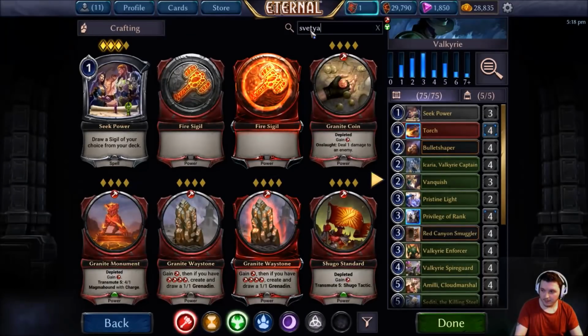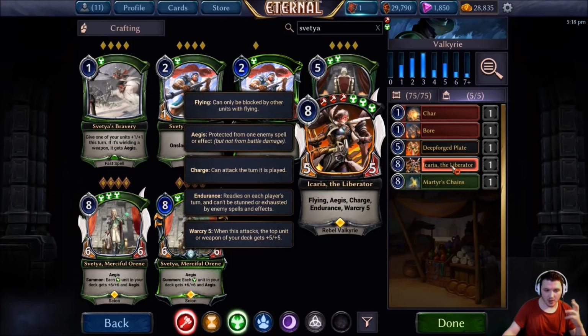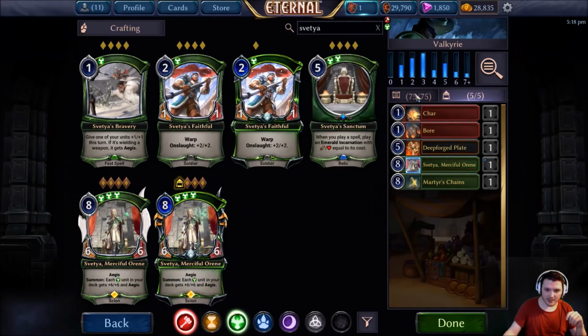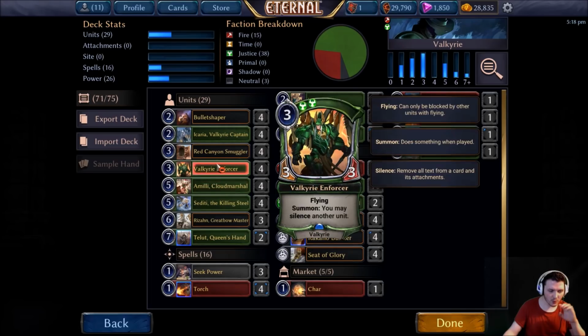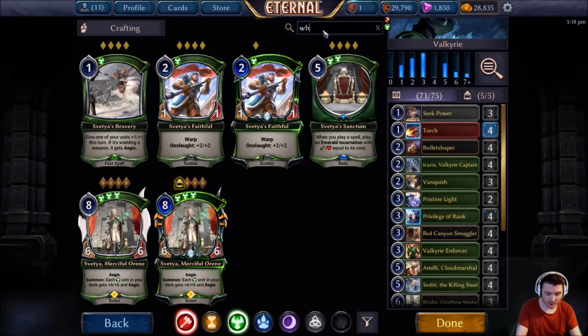So if we put Svetcher in the market in the same place as Icaria, it's not got quite the same impact as Icaria in that it's not a charge unit, but it means that all of our units, because I'm pretty sure all of our units are Justice here, we get to turn them all into big old boys. So what I'm interested in here is if we get rid of the Valkyrie Spy Guards, so we don't have much at 4 at this point, but I think that's fine, because what we're going to do is we're going to put Whirling Duo in,